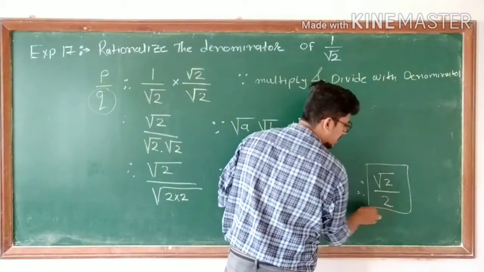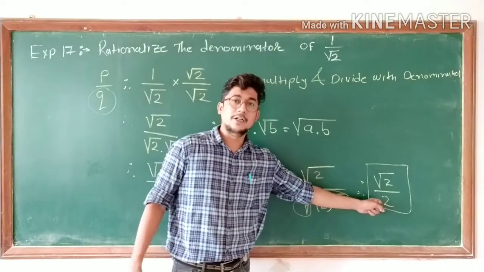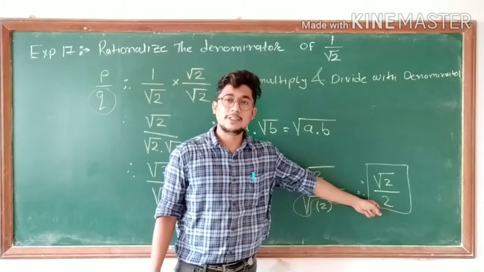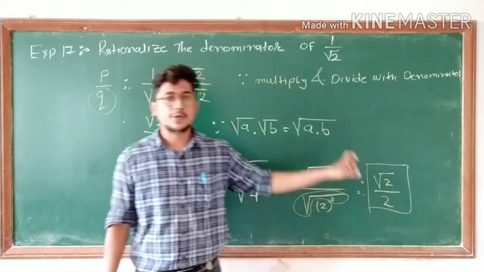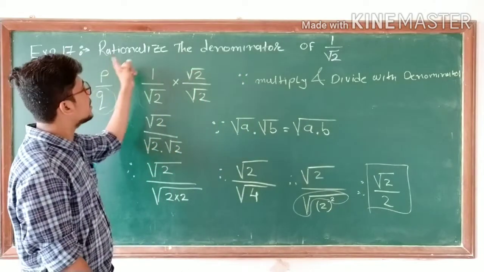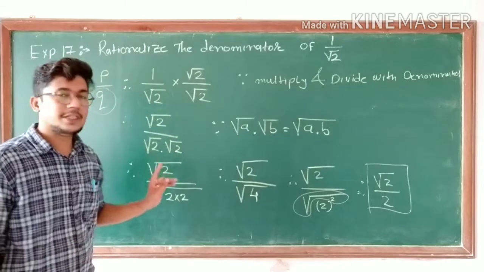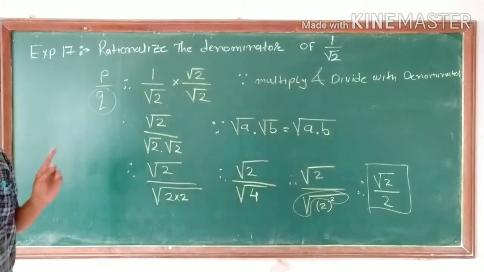Why is this your final answer? Because in the denominator, now it is a rational number. So this value has become a rationalized denominator. यहाँ पे denominator rational number हो गया. So what they asked, rationalize the denominator, has been done. I hope this question is very clear to you all. Now we are moving to the next problem.